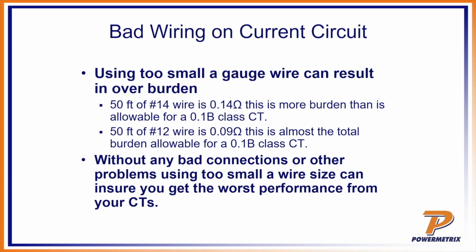Now, why would that happen? Who knows why? You're out there putting in a new installation, and for whatever reason, you ran out of wire. And so you say, okay, we've got to get this thing up and running, the customer needs this, we need to get billing on this site. So we'll use this 14 gauge, and we'll come back later and put the 12 gauge in, and everything will be fine. But as it happens, you never get back to it. It gets lost in the busyness of work. And so that 14 gauge wire remains on that site for a period of time, and we're getting bad readings because my CT is overburdened.